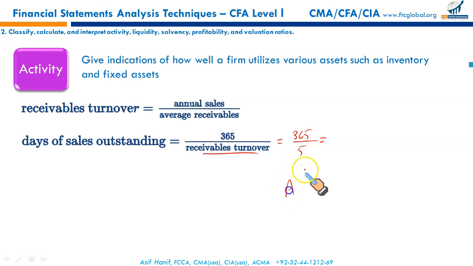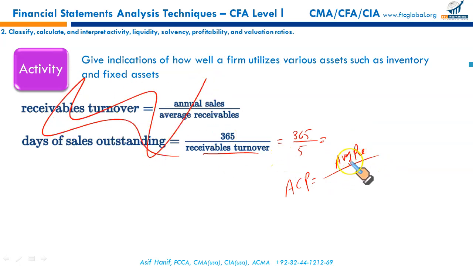This is a good one which you can use in multiple situations. Average collection period is equal to your average receivable upon your annual sales, multiplied by 365. This is my favorite formula. I don't need to memorize the other two. This single formula will be sufficient and I can calculate anything I want to. Sometimes you might be given 360 or 300, whatever is given in the question. You should take those numbers of days in 1 year.